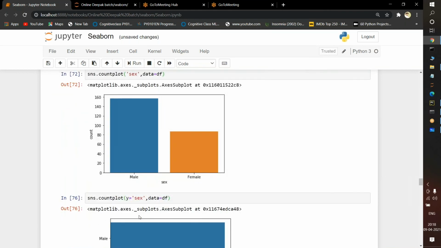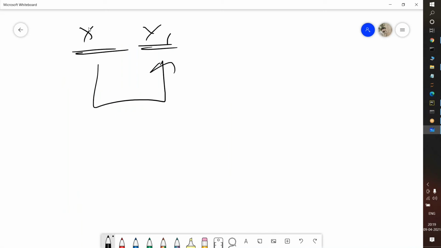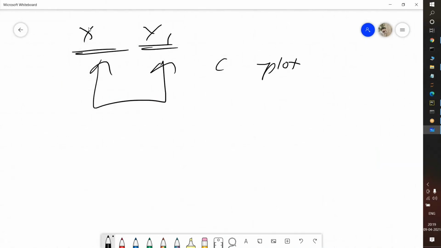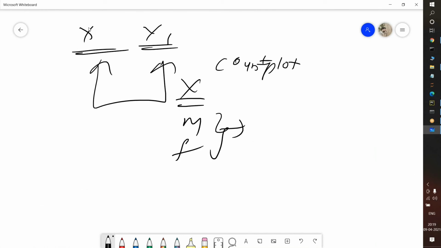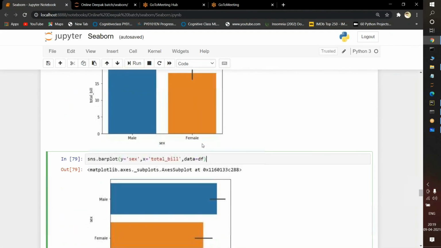So simply, for the count plot I will tell you theoretically. Suppose I have data here, x and x1. If you want to find out the count for this, we will use a count plot. Suppose in one column I have male and female and you want to find the count, we will use a count plot. But if I have an x column and an x1 feature and I want to find the count for these two features, we will use a bar plot. In Seaborn we use the bar technique. This is the purpose of using it. Everything is the same, only x and y, just changing the parameters.